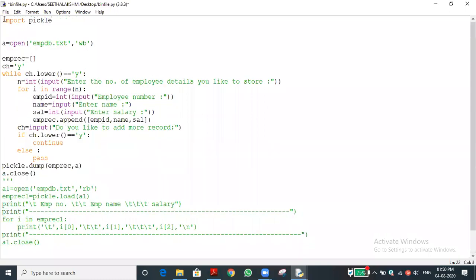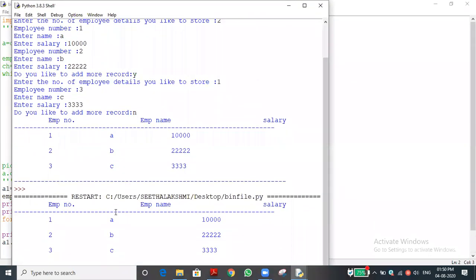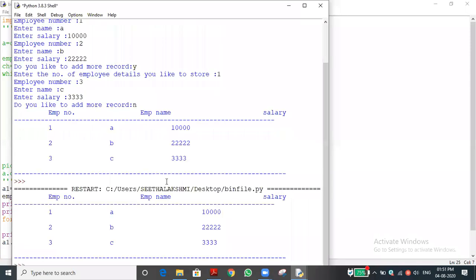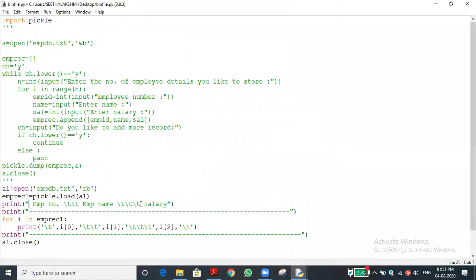Yes, sir. Okay, I will make it now. This might be the reason. Again, I'm executing this. Here, in the previous one, we need to cut one space, \t space. Save it. Again, I'm running it. Now it is okay. If we cut one more \t before salary, it will be executed properly.